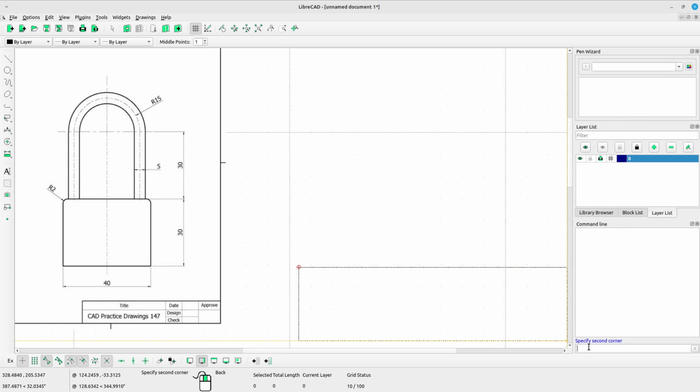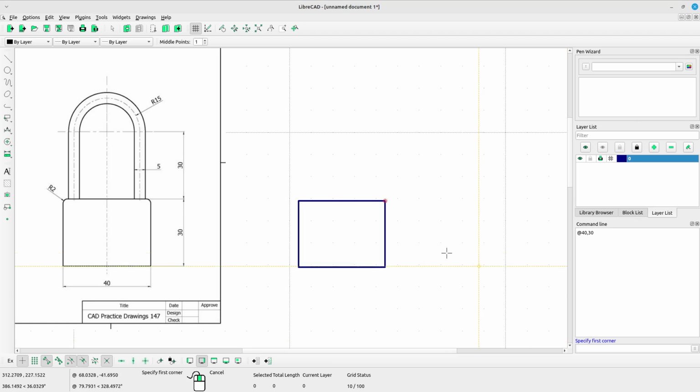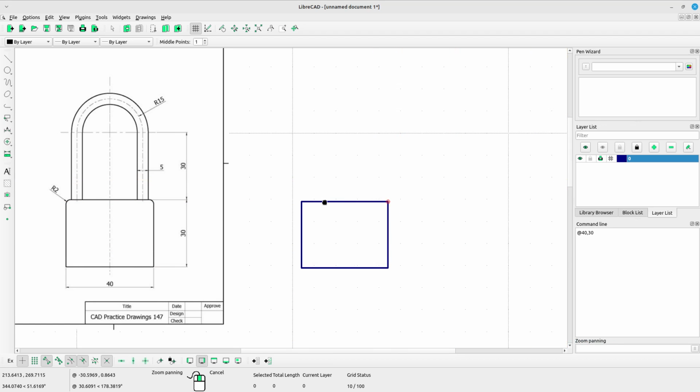Go to the command line here and type add, or on your keyboard press shift and 2, and then add the horizontal dimension 40, comma, the vertical dimension 30, and press enter. Okay, right click to escape.